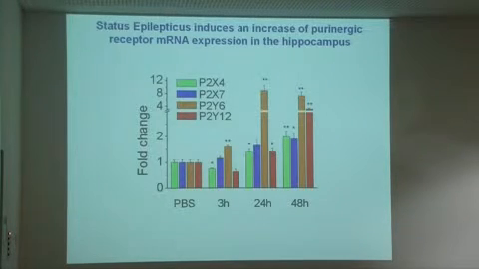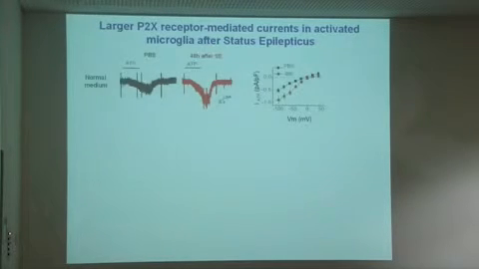So we looked at the expression of those receptors by qPCR in the whole hippocampus, and we were surprised to see that, in fact, all messengers for all of these receptors were upregulated. So it's true for P2X4, P2X7, P2Y6, and P2Y12, which was a kind of a surprise to us. So then we decided to record directly from microglial cells and to test for the functional expression of these purinergic